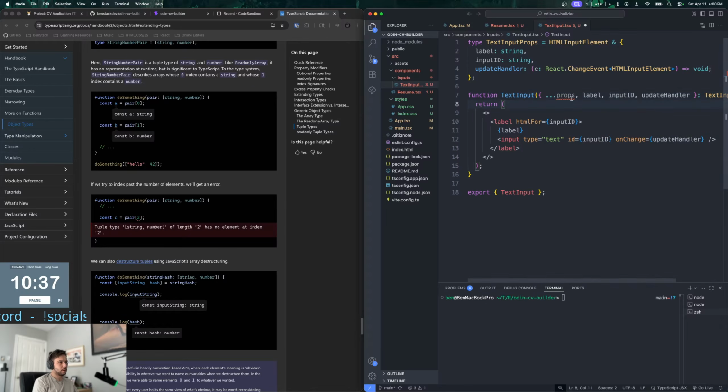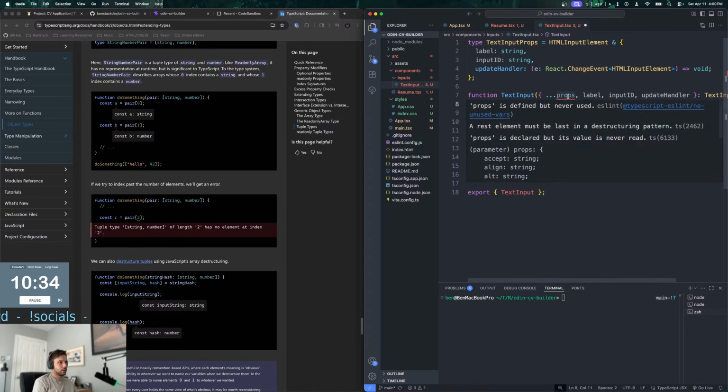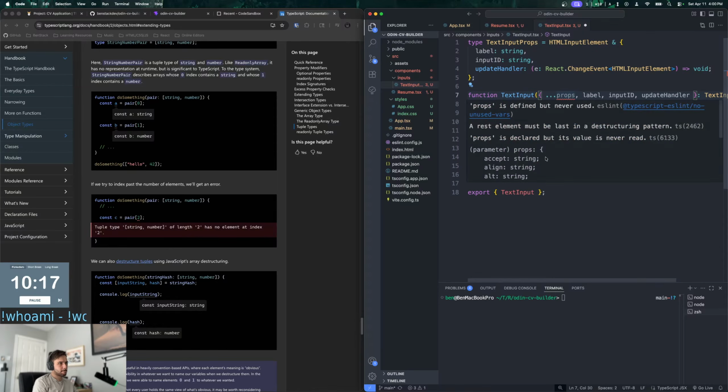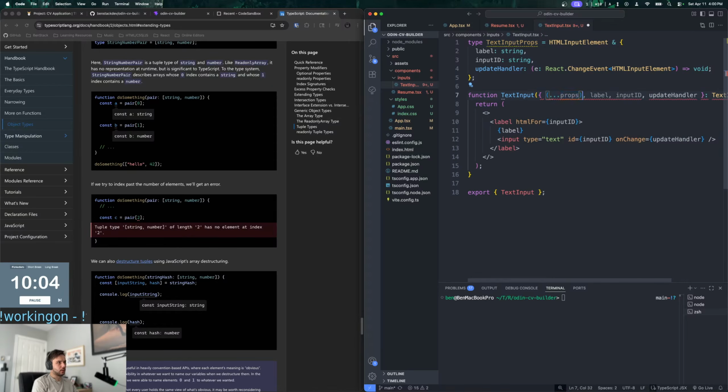But now it's going to yell at me because it doesn't know what this is. Oh, but it can be optional, right? How do I make this optional again? Like question mark? No. Do I wrap it in, no, that doesn't work either.